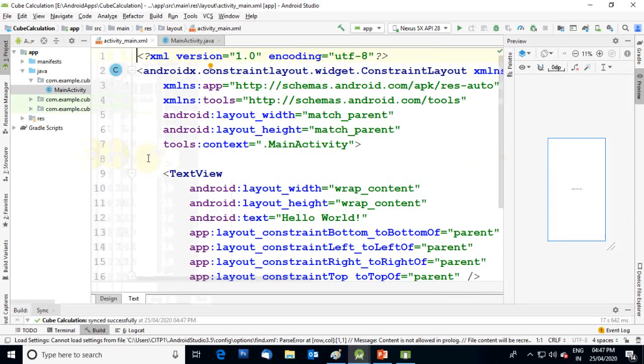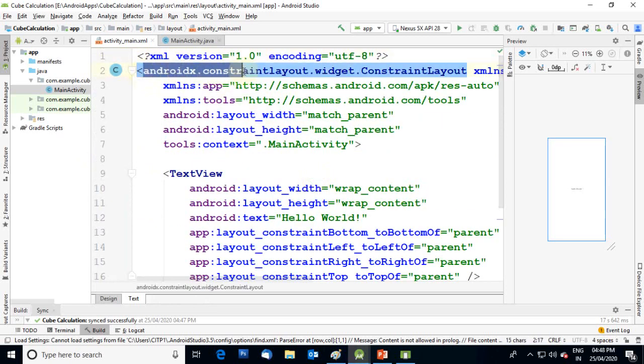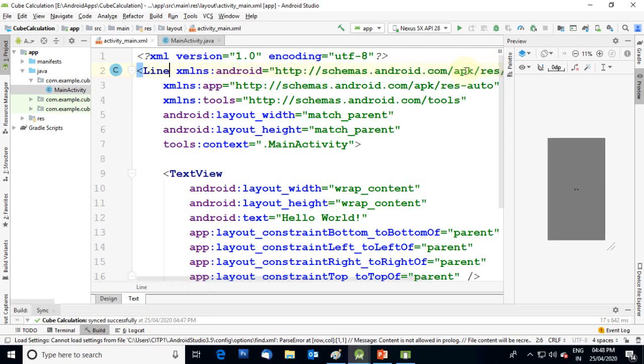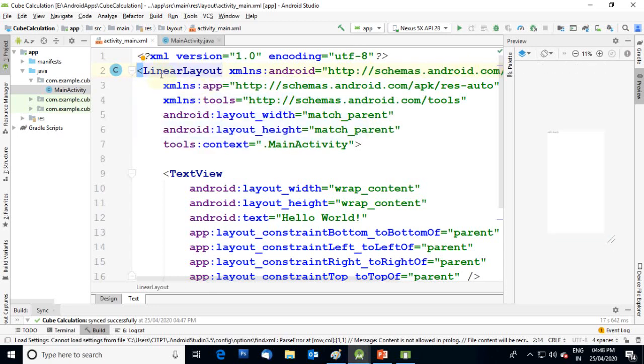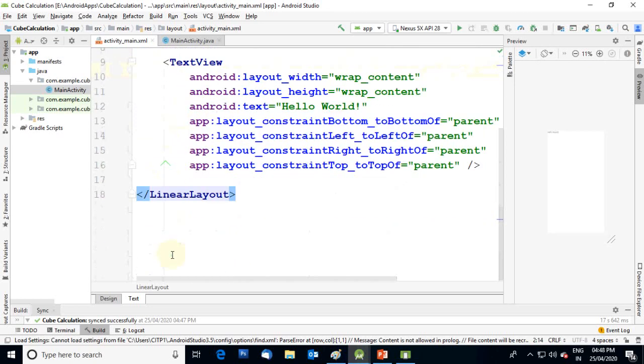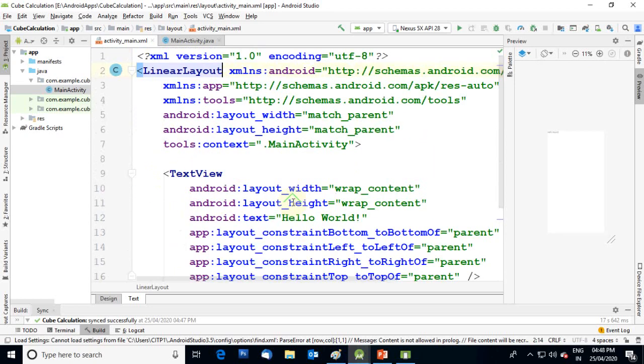For the designing, something which is already designed is showing there. I am simply selecting this constraint layout, and instead of that I am typing here linear layout. It appears in the drop down box. I am simply selecting it, android layout, linear layout, and it also automatically ends the linear layout.